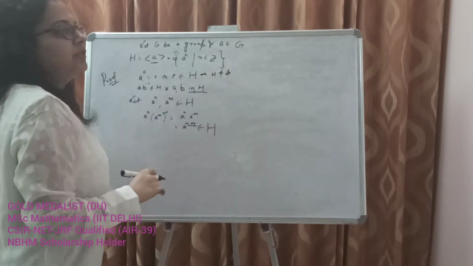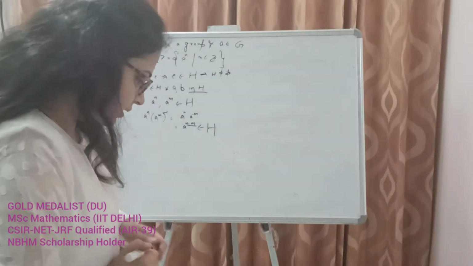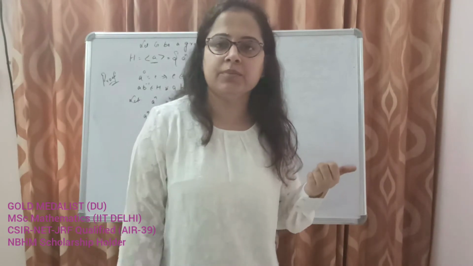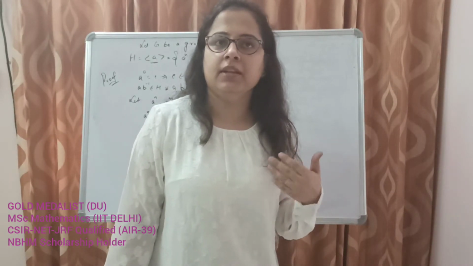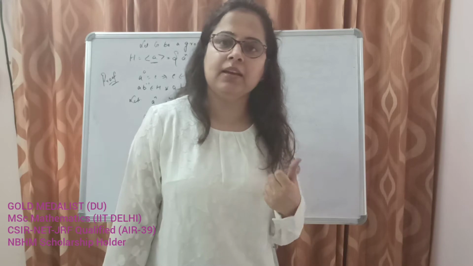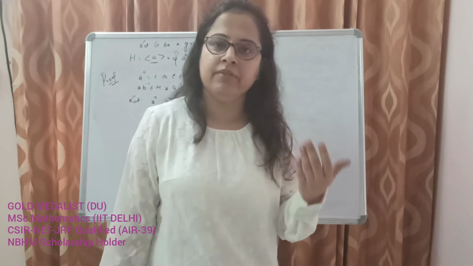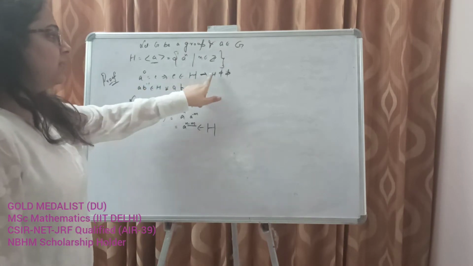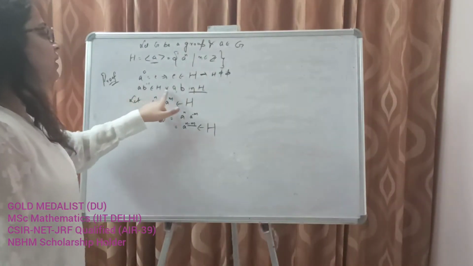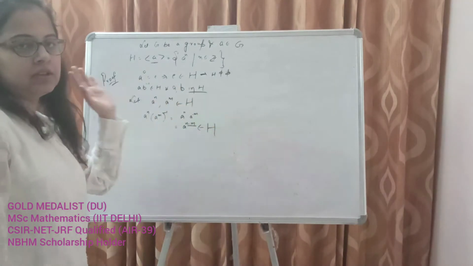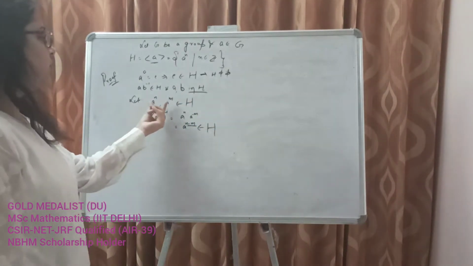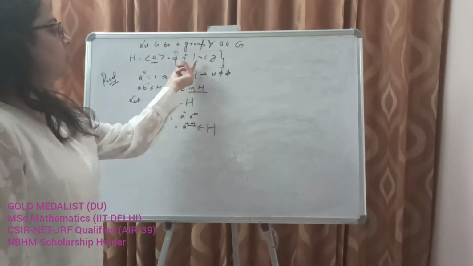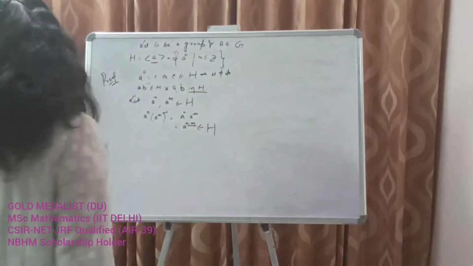So the very first one-step subgroup test was defined as: let H be any non-empty subset of a group G, right? Then H is a subgroup if ab^-1 belongs to H for every a and b in H, and that we have proved. Identity belongs to H, this implies H is non-empty. Then we have proved that ab^-1 belongs to H for each a and b in H. Now we have taken these two elements because every element of H is of this form, a^n, right?